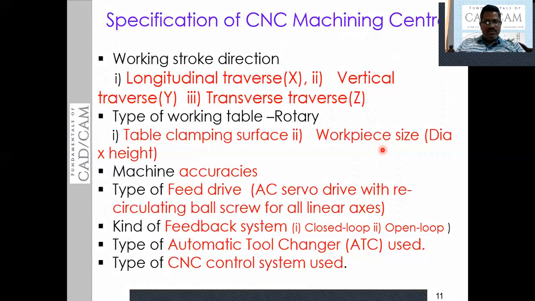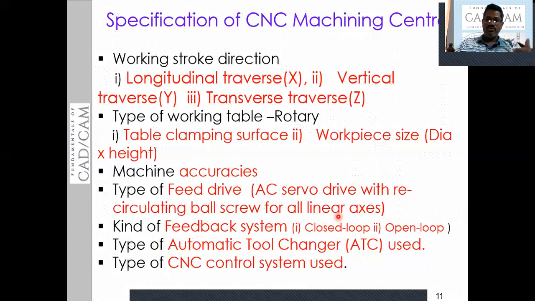It can be a recirculating ball screw or a normal sliding mechanism, so all that matters. Then what kind of feedback system you are using? It can be a closed loop or an open loop. As I said just now, the feedback system may be a closed loop or open loop.